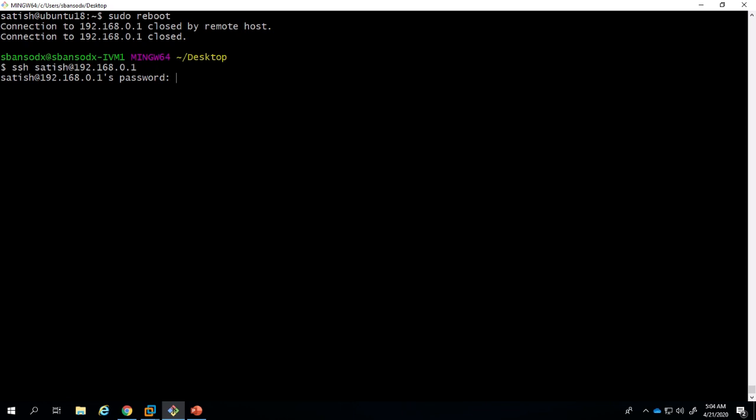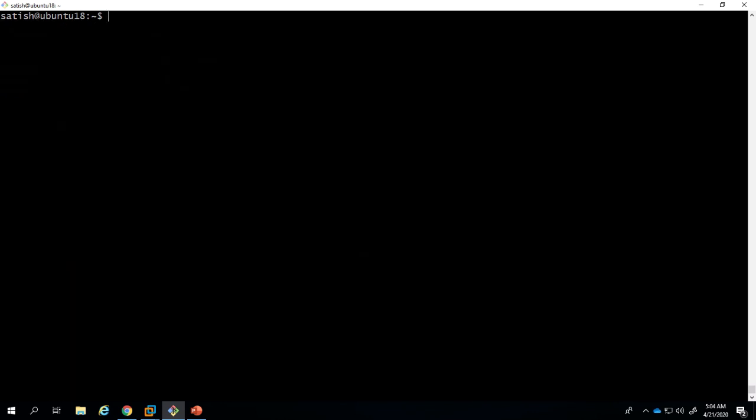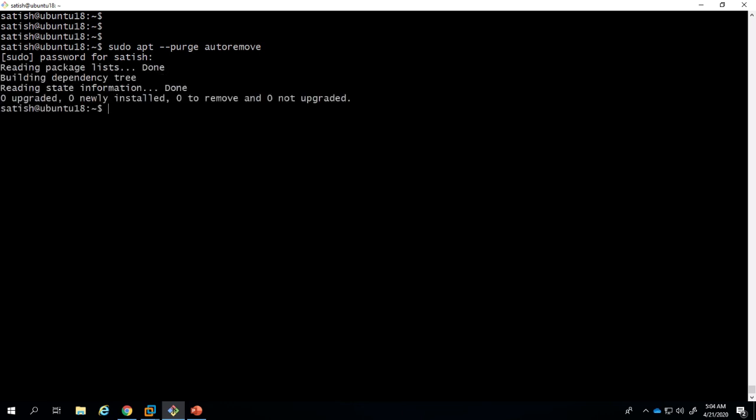Then log in again to Ubuntu 18.04. Yeah, I just logged in. Then run apt purge and autoremove. This also will remove older kernels.